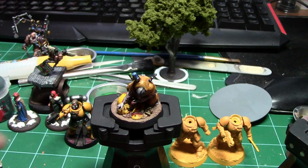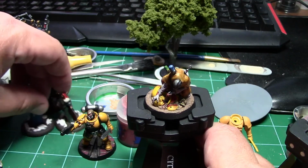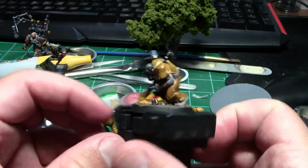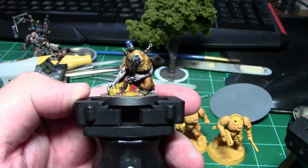Hey guys, it's August the 16th, and I've got a little bit of stuff to show off. It's just an update on the old workbench here. But in all honesty, I've only gotten 4 models painted since the end of the challenge, but they've all been kind of doozies. I've got Igor here, who is the bestest buddy of